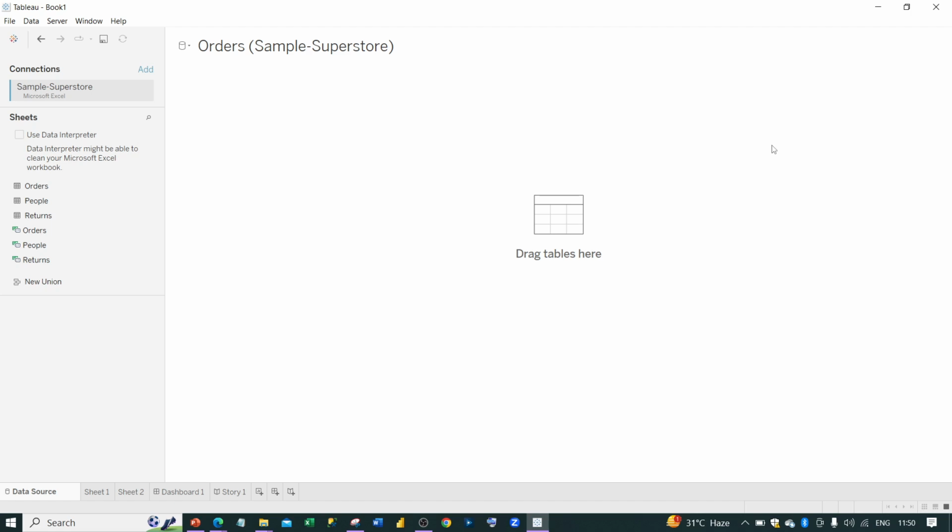Hi guys, let's discuss the Tableau work interface. This is the Tableau work interface. Inside the Tableau work interface, we are going to connect multiple data sources to Tableau for designing the reports